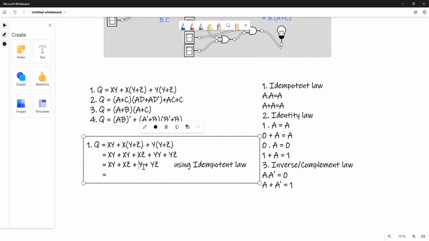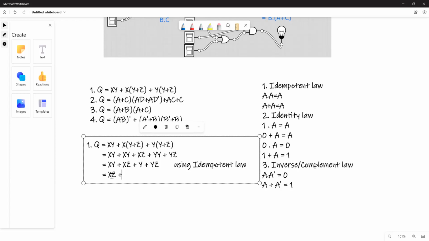Now I'm trying to simplify this. I can see there are a lot of y's out there, isn't it? Here we have a y, here we have a y, here we have y. So I have xz. I will take xz here, and I'm going to take all the y's down here, right? So I'm going to say xz,